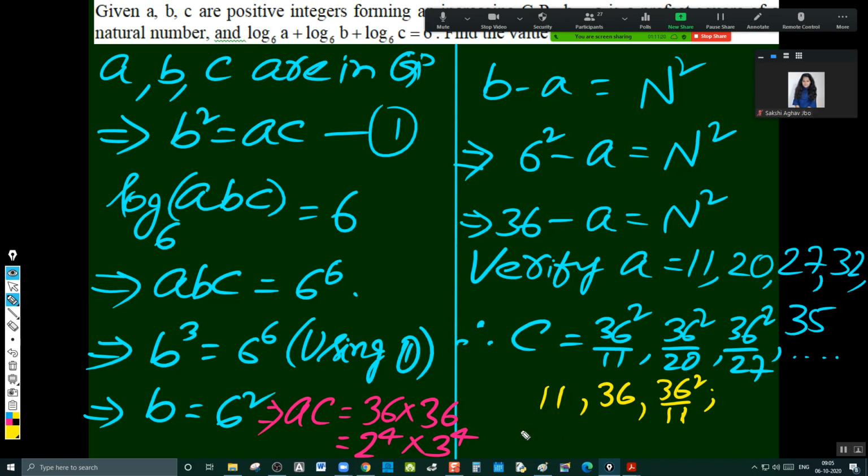Yes, sir. Every value is possible. That means A is 11, B is 36, and C is 36 square by 11. क्या पूछा इन्होंने, एक मिनट,